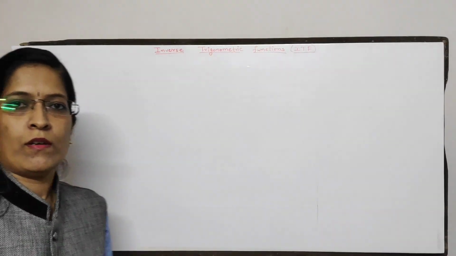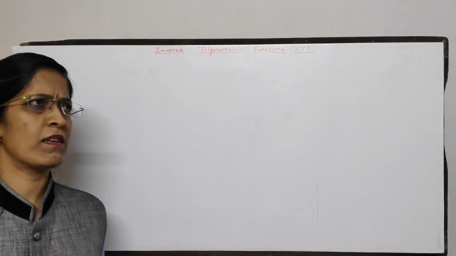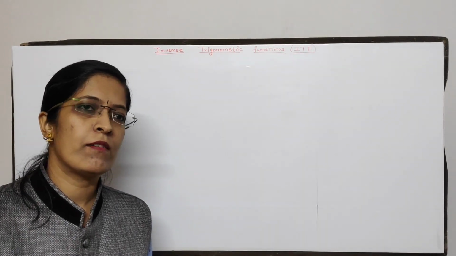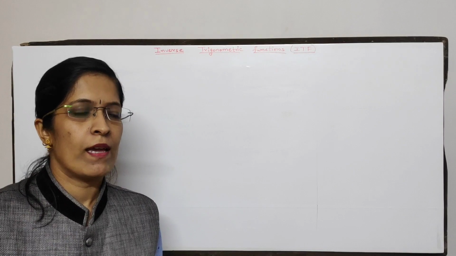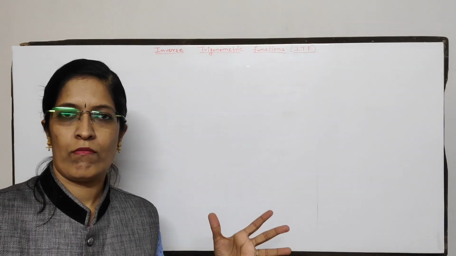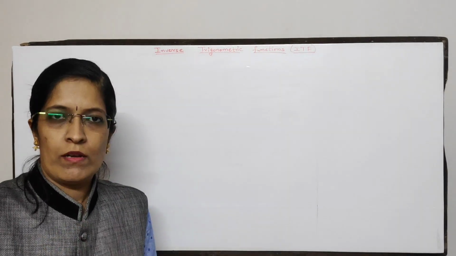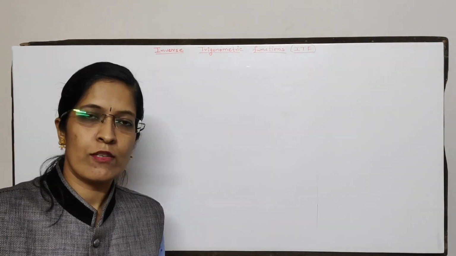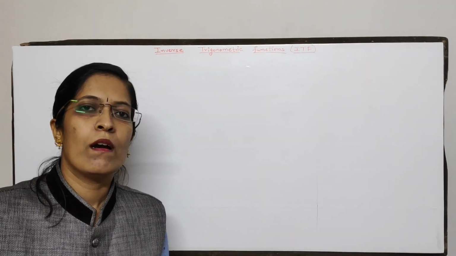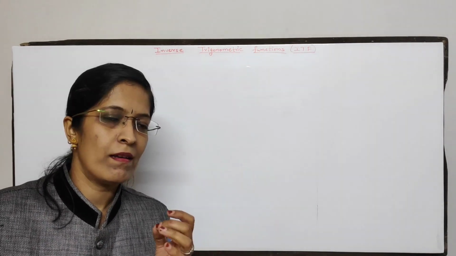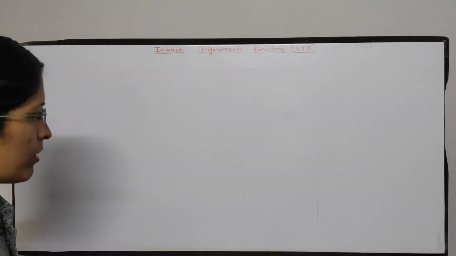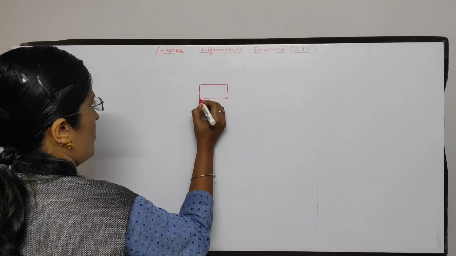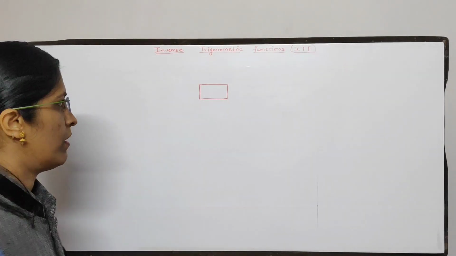Okay students, we have already studied in the functions topic what is domain and what is range. In simple words, domain is whatever we input into a machine, and whatever output we get is called the range. This is what we studied in the functions topic. So let me recall the things. Let me consider a machine.